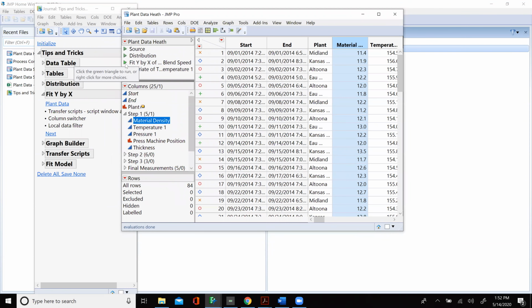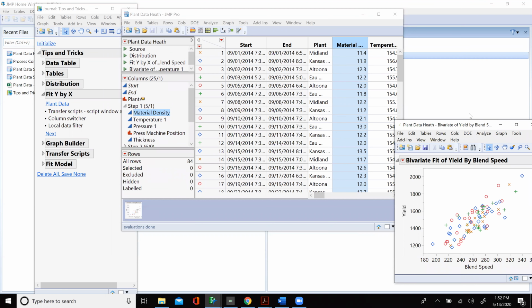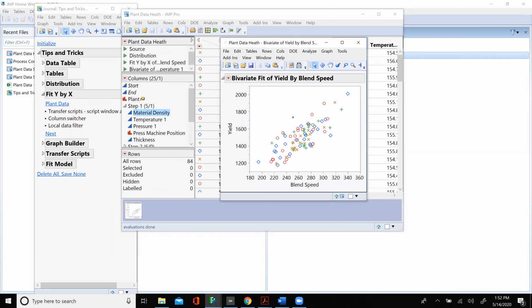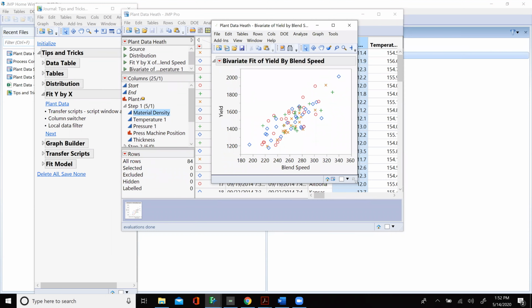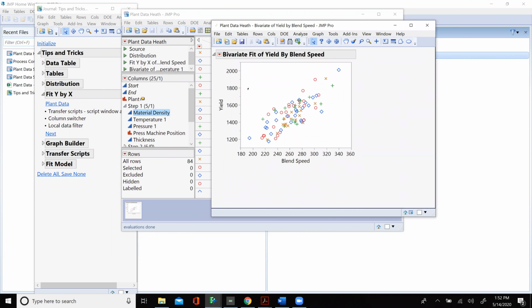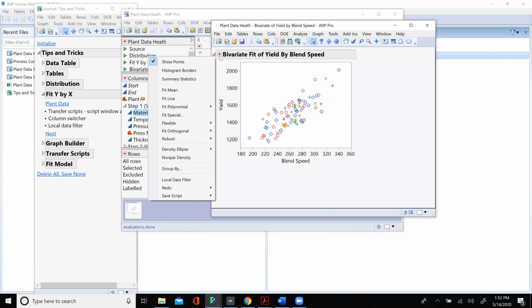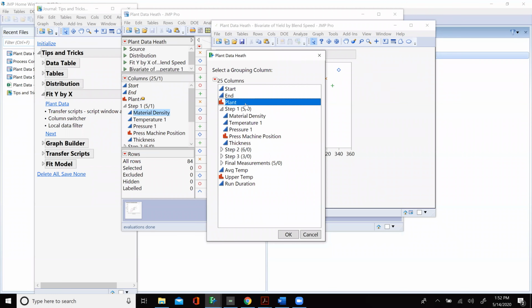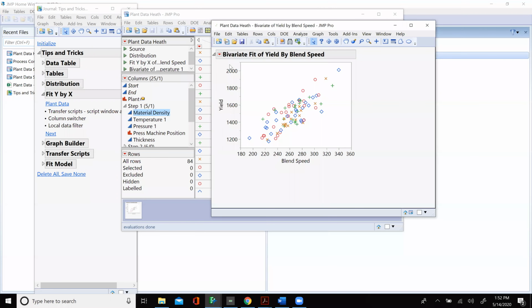Right? Let's pull up this Fit Y by X of blend speed right here, this one right here. I want to show you, just watch this, if you wanted to fit one line by each plant, you could do that by grouping by plant and just fitting a line.